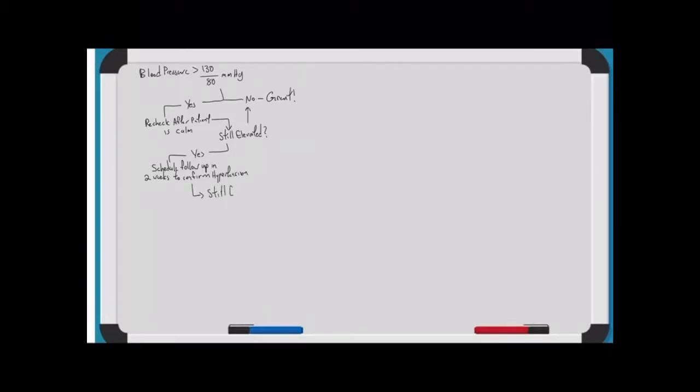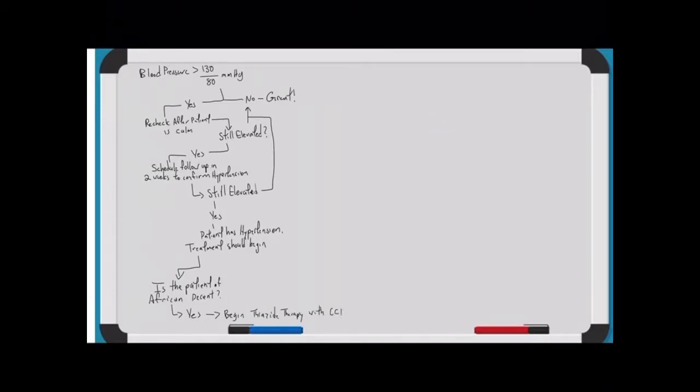If at that time your blood pressure is still elevated, then it is confirmed that you have hypertension and treatment should begin. So then we need to make a decision if you are of African American descent or not. If the patient is of African American descent, you begin thiazide therapy with a calcium channel blocker. If the patient is not of African American descent, you then decide if the patient has diabetes and/or